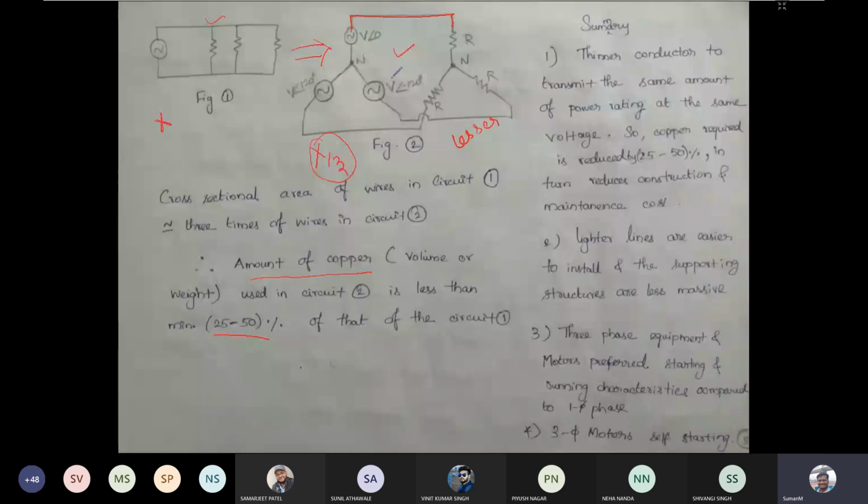Okay. Other than that, there is one more advantage in three phase: loads, three phase machines. You would have heard about induction machine. So the induction motor is a three phase induction motor, not single phase. Three phase induction motor is a self starting motor. Okay, so what is that? That we'll be seeing later. But a three phase induction motor is a self starting motor and it is going to have a steady power.